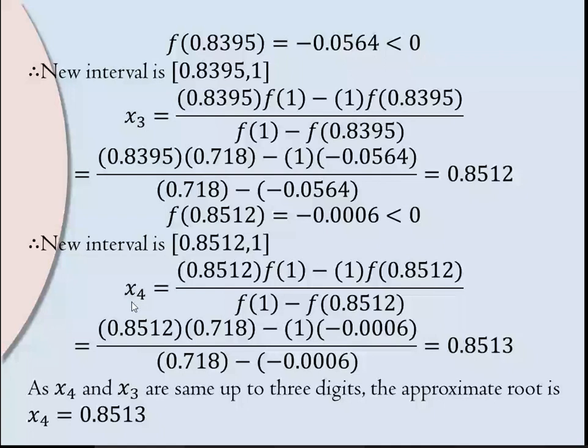Firstly we have to get the initial interval, then we have to find the value of x by using that formula, a into f of b minus b into f of a divided by f of b minus f of a. Take the corresponding interval for whichever value the function is positive, fix that point, and every time take the new point whichever we get for x. Take that new interval, do the calculation by using the standard formula, get a new point, and check which 2 points are equal. That will be used as the approximate value.